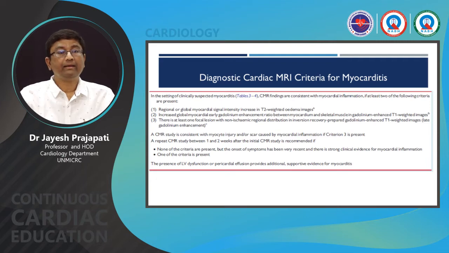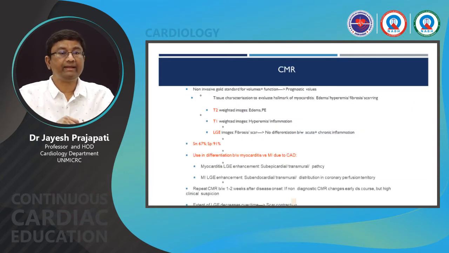MRI is one of the important tools readily available nowadays. You can see the global LV function, and global myocardial signal intensity increase in T2 weighted images. So you can see myocardial inflammation, and of course you can see the late gadolinium enhancement also. So what is the specificity? Tissue characterization to evaluate myocarditis. T2 weighted image shows the edema, and T1 weighted image shows the hyperemia and inflammation, and late gadolinium